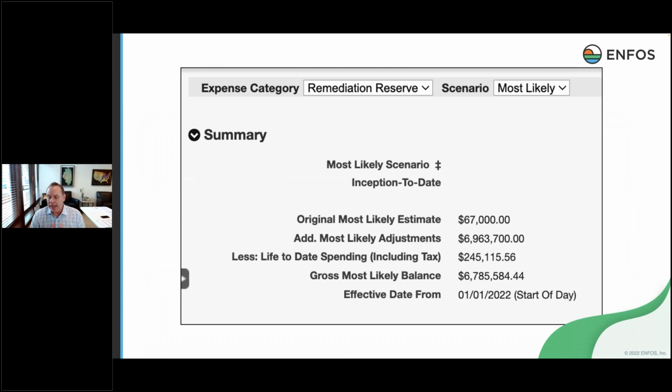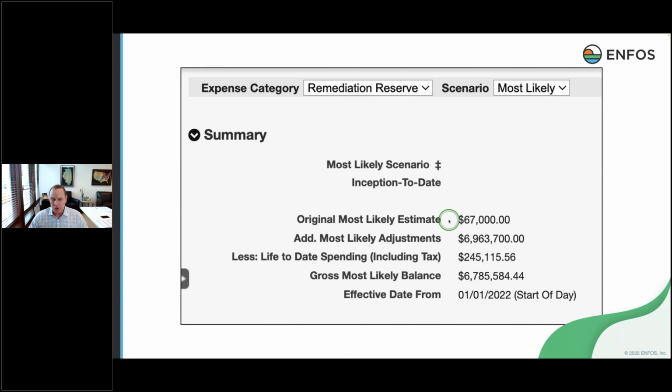So how does that all tie together? This is a very enlarged screenshot, actually just a part of a screen in ENFOS, but I think it was very important that I tie this together for you early on in this discussion. So we talked about planning, we talked about spending and work commitments. So here's how it ties together from a remediation reserve accounting standpoint or a lifecycle management